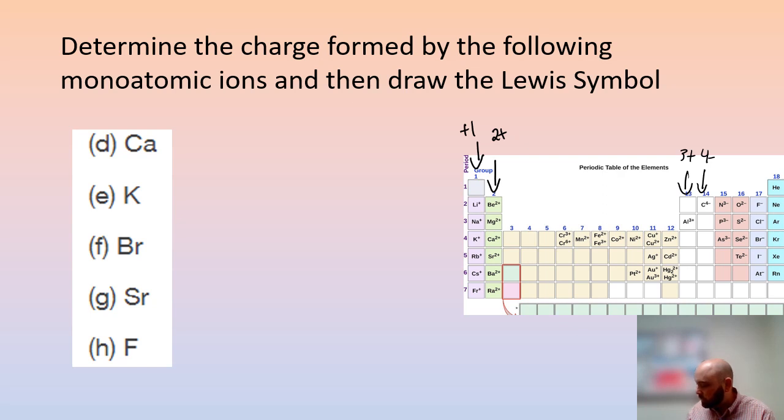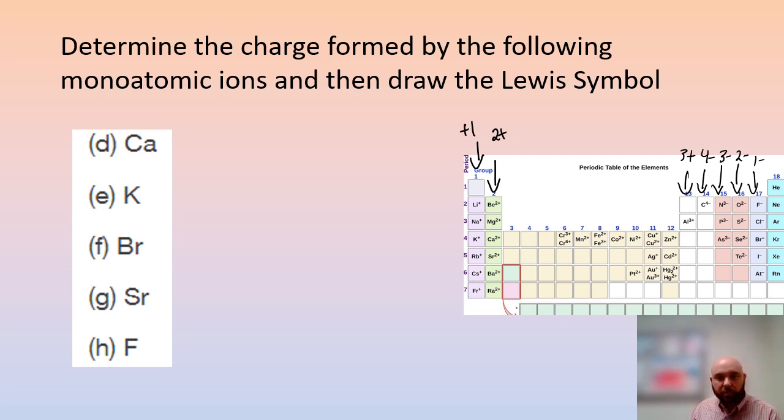And the elements in group 15 all tend to form 3- ions. The elements in group 16 all tend to form 2- ions. And the elements in group 17 all tend to form 1- ions. So if you can commit that trend to memory, you will always be able to identify what ion